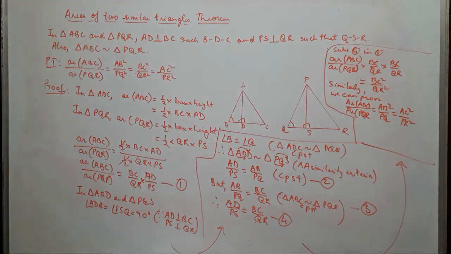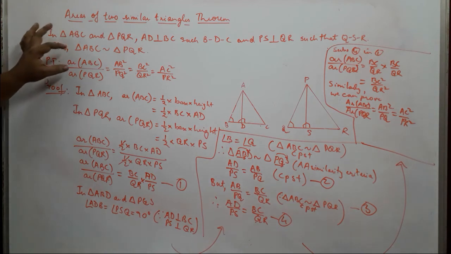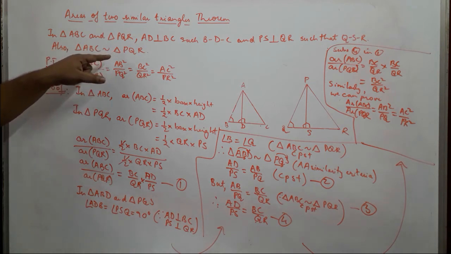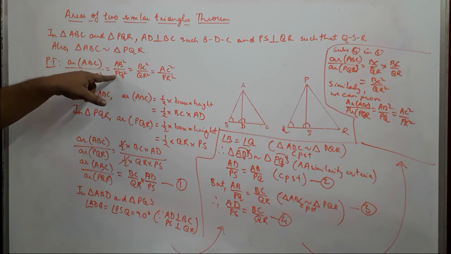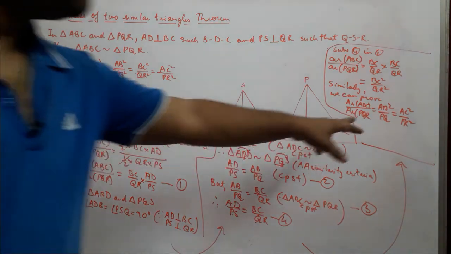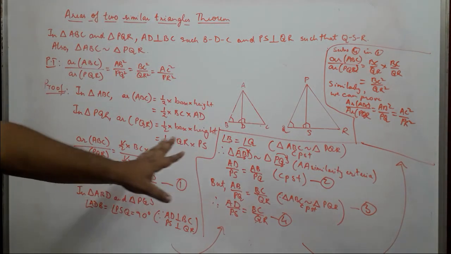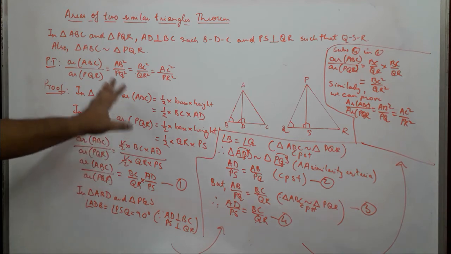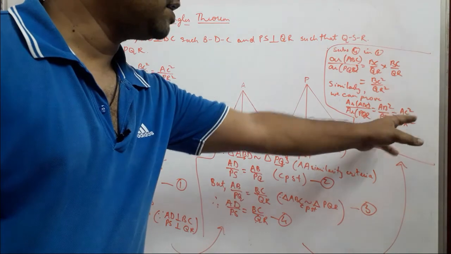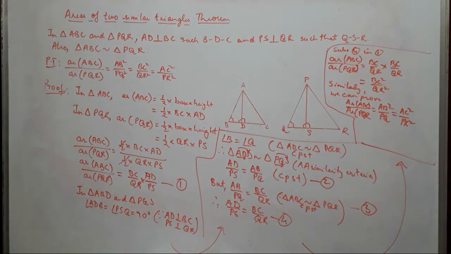With that, we end up proving this. So we only need to prove the ratios of the area of two triangles equal to the square of the ratios of any two corresponding sides. Okay, and then we can just say similarly we can prove this. So to prove the other two, it's the same process. So to avoid this theorem becoming lengthy, we can just conclude similarly we can prove the following. So this is how we prove area of two similar triangles.